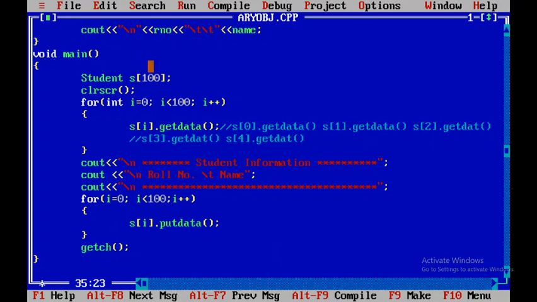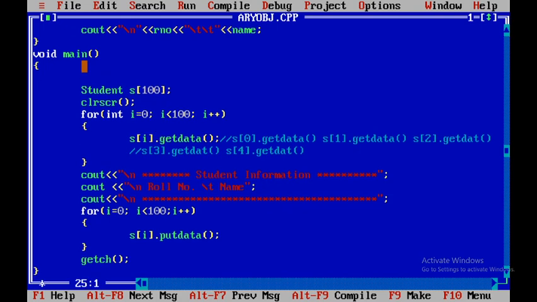Instead of these constants, suppose we use the name of some variable, suppose size, and I can assign some value to it like this.